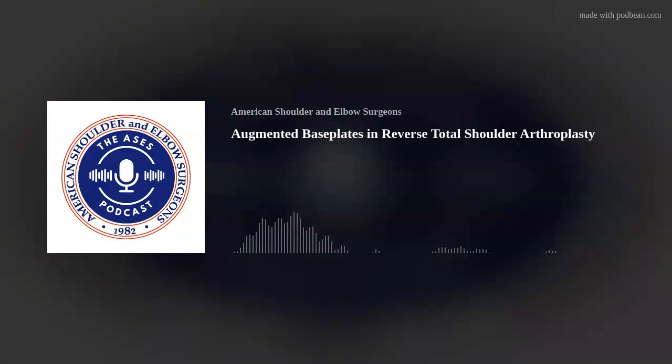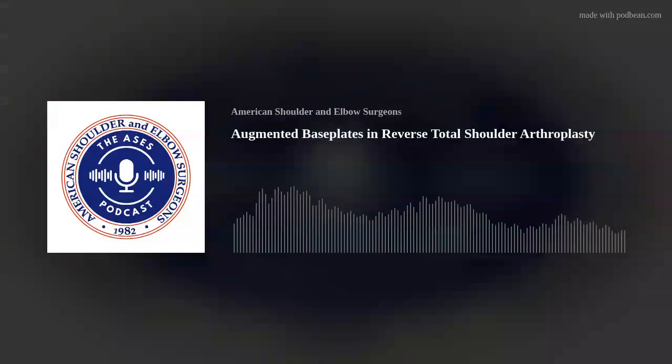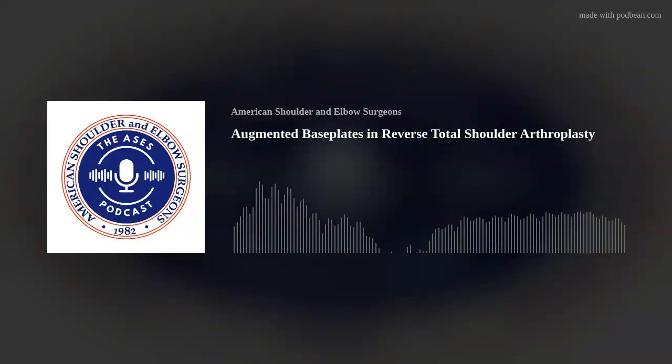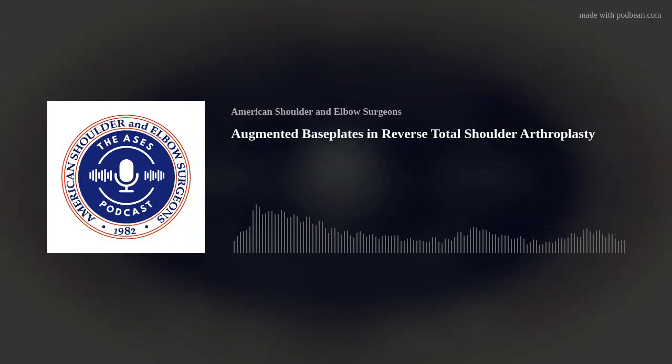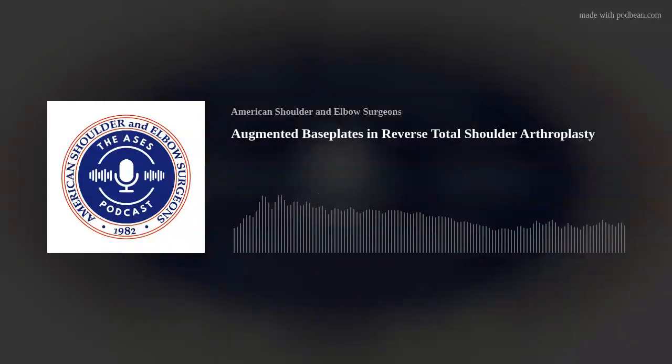Absolutely. Just as a caution to those listening, I have sometimes wondered whether anteversion is better tolerated with an implant that is more lateralized on the glenoid side. And anteversion, I think, is often relatively poorly tolerated with a more medialized glenoid component, because I think that you're more likely to encounter conflict with the coracoid.